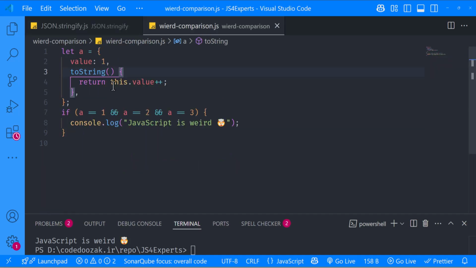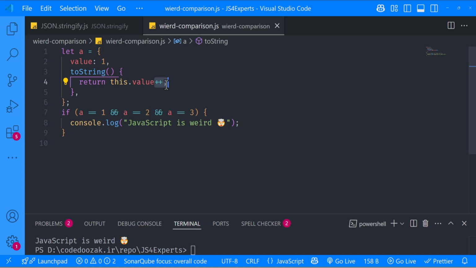And in here we have exactly the same concept. When you call a.toString, which is implicitly called when it faces loose equality, it looks for toString in here, and the toString is here, returns the value and adds 1 to it.